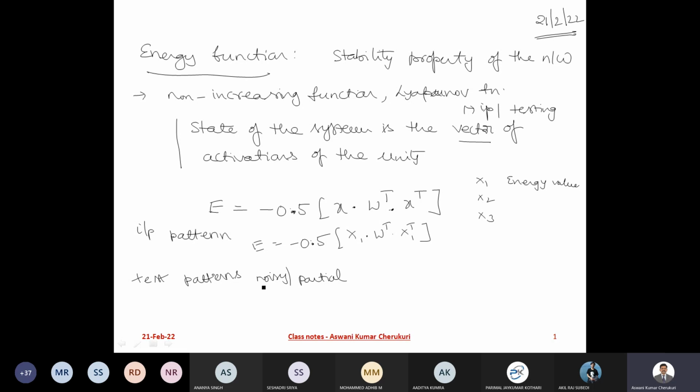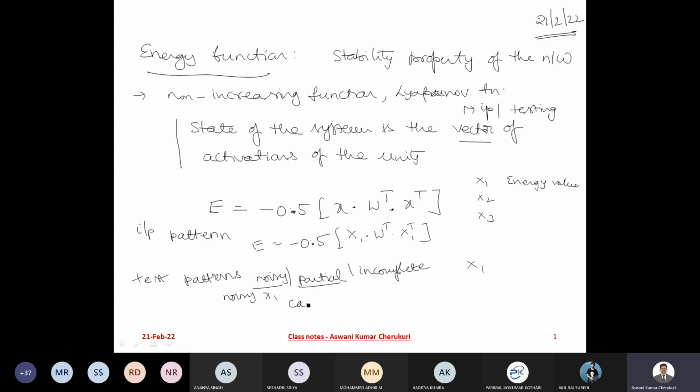So when you present an incomplete or partial test pattern, obviously you expect that the network has to converge and retrieve the corresponding pattern. Say, take an example, I am giving the noisy pattern of x1. You expect the network to return the stored pattern of x1. So when you take the noisy pattern of x1